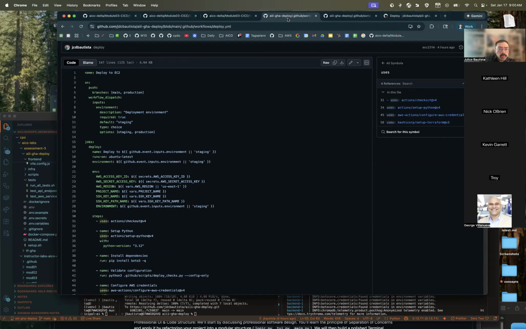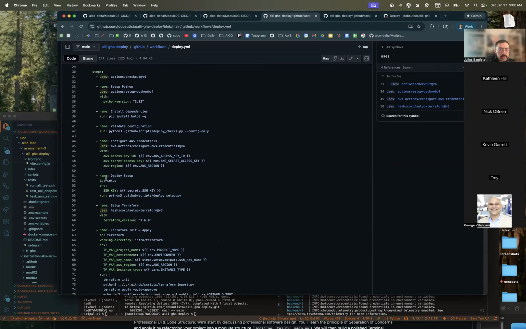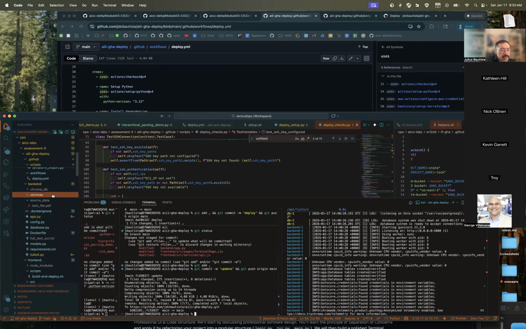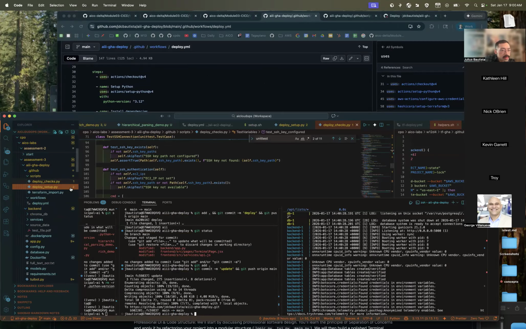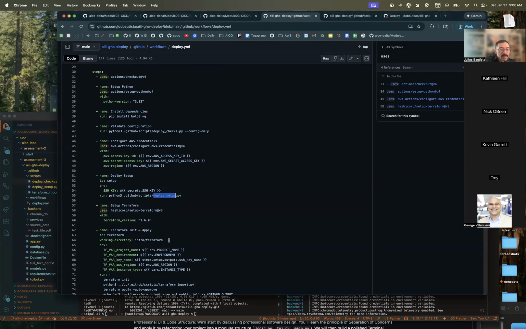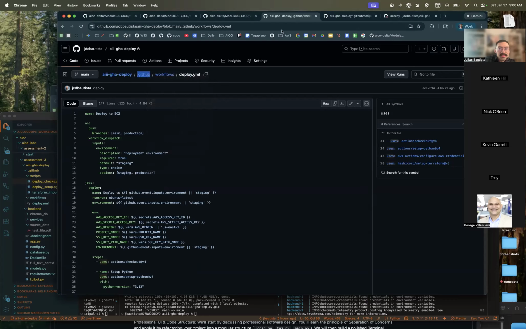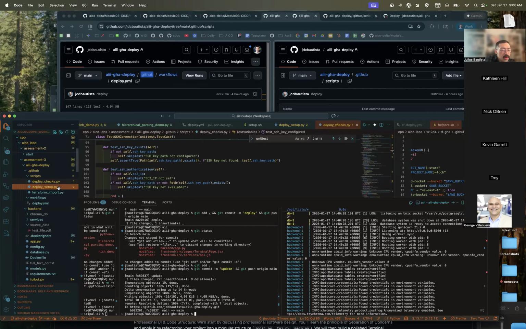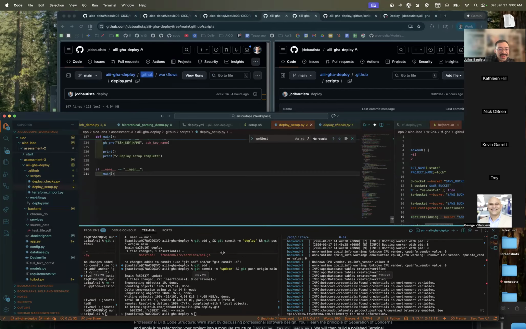And then if we go back to the rest of this flow, once we run our tests, we then set up for deployment. And that's going to be a separate script, deploy_setup.py. Am I in the wrong folder again? What is this? Deploy_setup.py is... oh, I'm blind. There it is. It's right there.